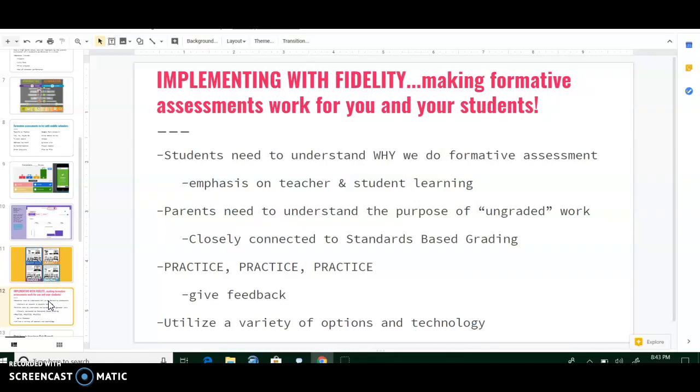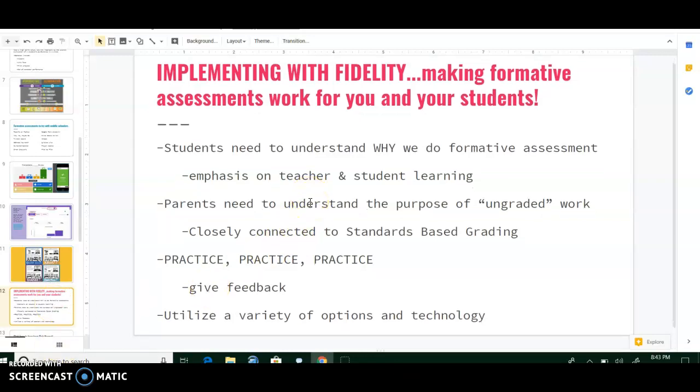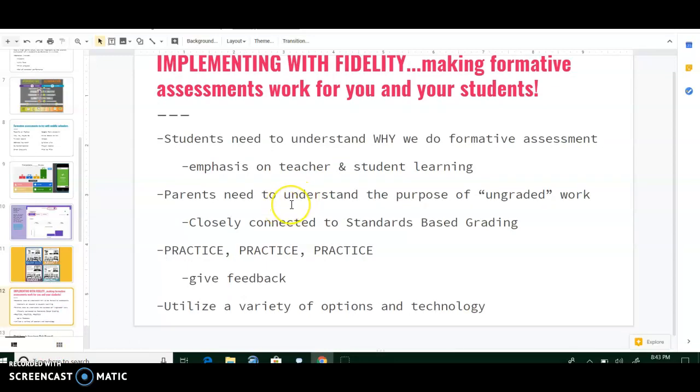So to implement this with fidelity is to make formative assessments work for you and your students. Students really need to understand why we do formative assessments. They need to understand that the emphasis is on teacher and student learning. A question I'm sure a lot of you get in the middle and upper grades is, is this for a grade? And that's one of my biggest pet peeves. So for this to be implemented successfully, I'd like to really explain to students why we do formative assessments. Parents would need to understand that as well,